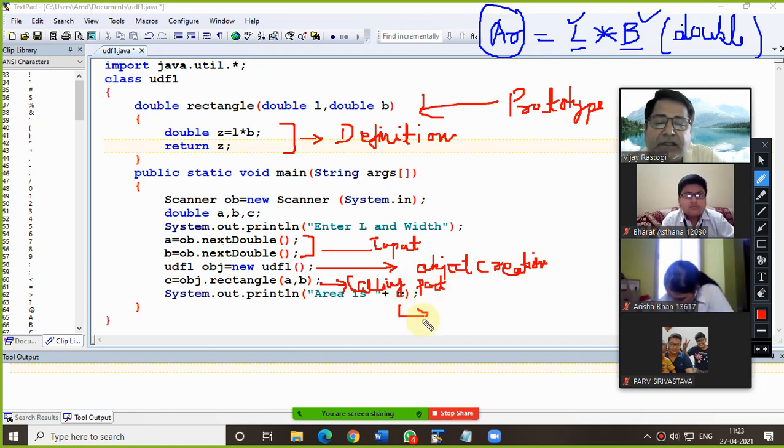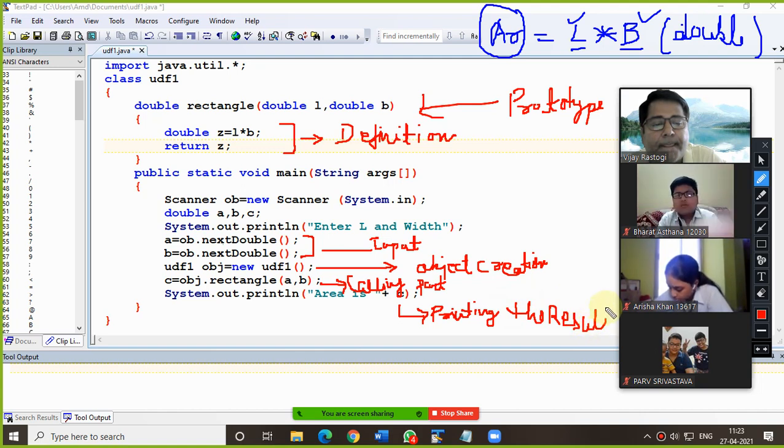And this is printing the result. Copied everyone?